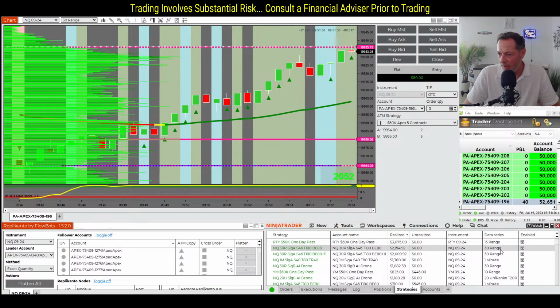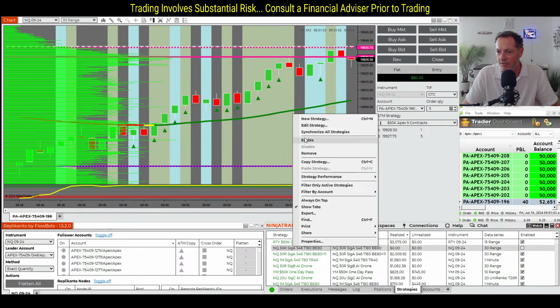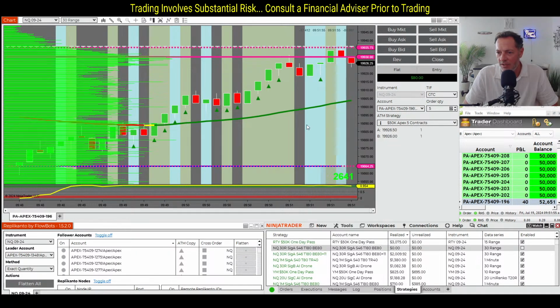So let's say, for example, I really like this one right here, and I want to trade it, and I want to put it on my live account. What I would do is click this little disable button here, and this is how you really turn them on and off. This really should be like an on and off switch. But I would just go up here to edit the strategy,